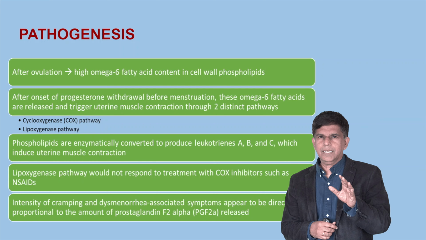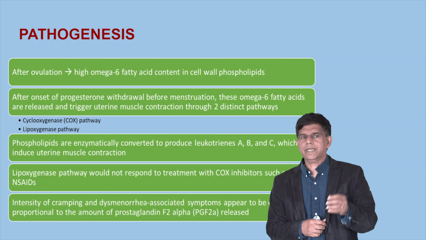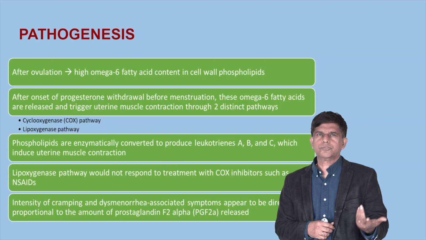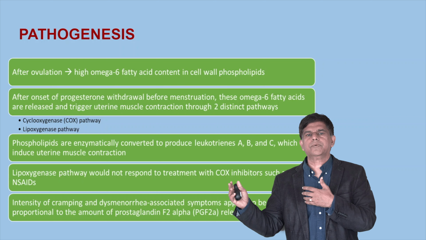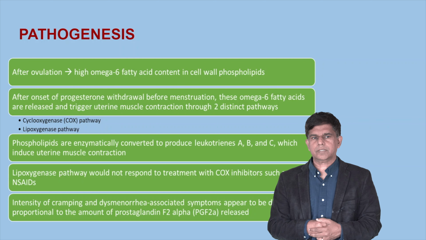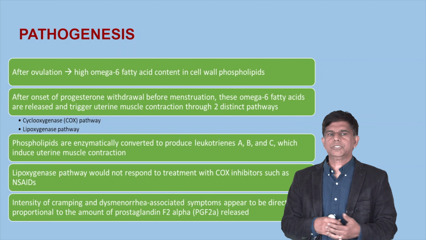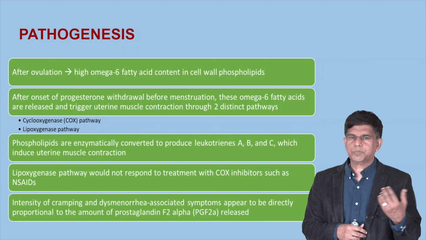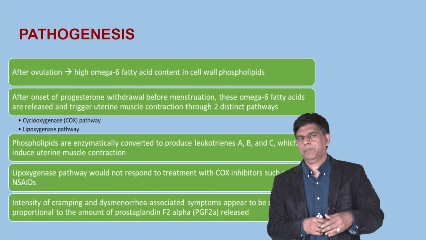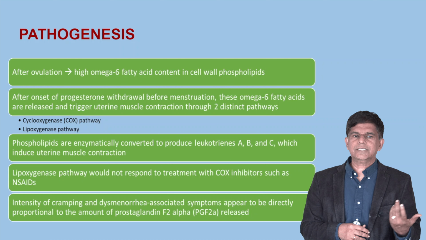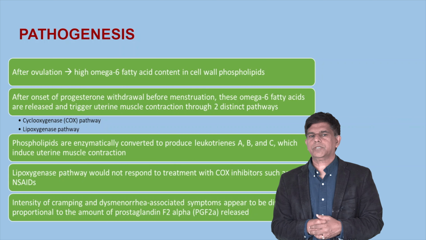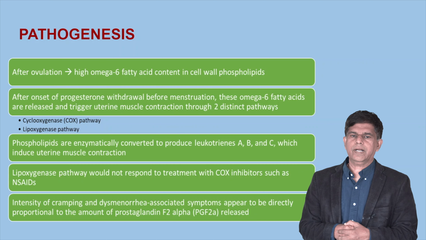They use mainly two distinct pathways, the cyclooxygenase pathway and the lipoxygenase pathway, okay? The phospholipids are enzymatically converted to produce leukotrienes A, B, Z, which induce uterine muscle contraction. And this lipoxygenase pathway would not respond to treatment with COX inhibitors such as NSAIDs. So you need to know which type of pathway is involved. The intensity of cramping and dysmenorrhea-associated symptoms appear to be directly proportional to the amount of prostaglandin F2 alpha